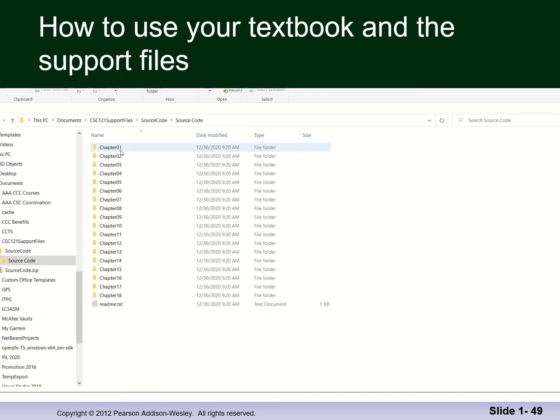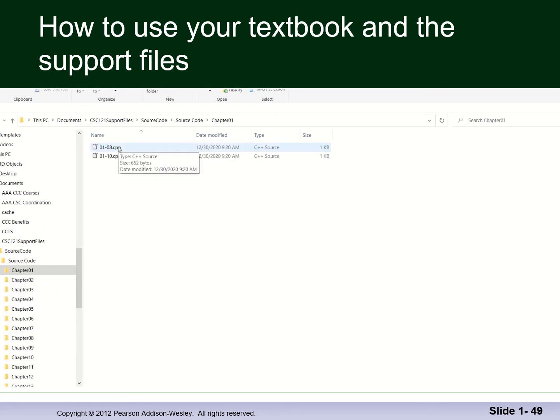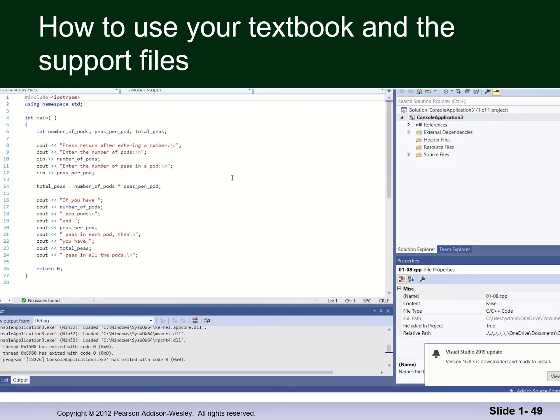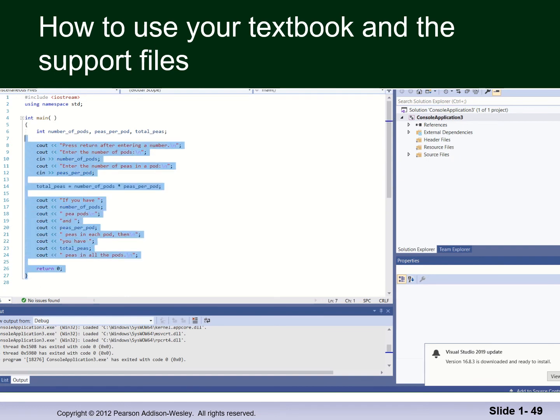And then you'll have a series of folders with each chapter. I know we're about to use 1.8. And here it is. If I click into chapter 1 and I double click this, it will open in the editor. It's not part of a project, it's just in the editor. So I'm going to just copy this in the editor,